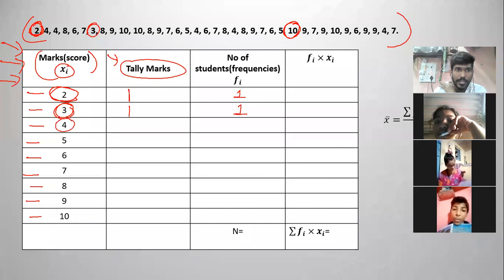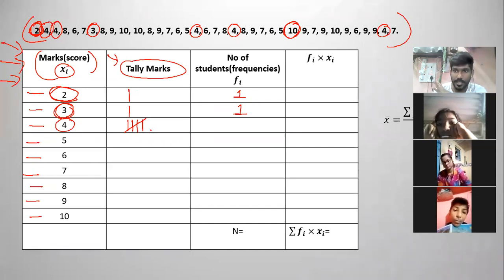Now you see the next value, that is 4. So you see one 4. So you put a line here. Then again there is one more 4. Again you put a line here. Are there more 4s? Yes, you see here also there is a 4. So you put a line here. So 3 lines are done. Is there more 4? Yes, here. So this is the 4th line. Last one also. Now here there is one more 4. But once 4 lines are done, the last one you put a line like this. That means this is a set of 5. Is this clear? Yes, sir.